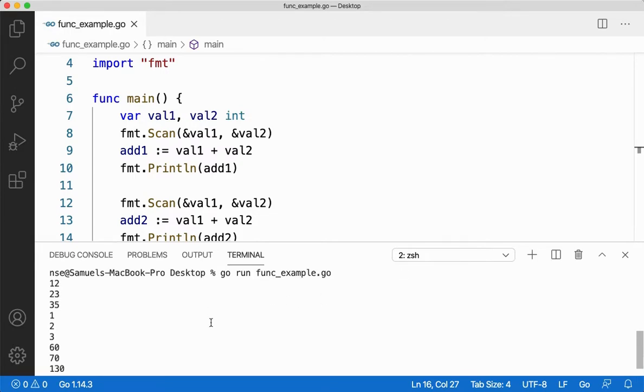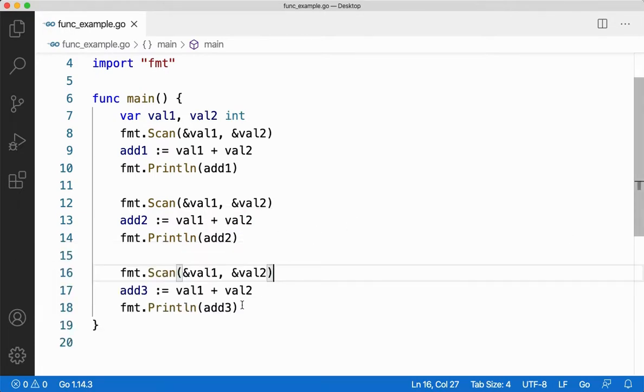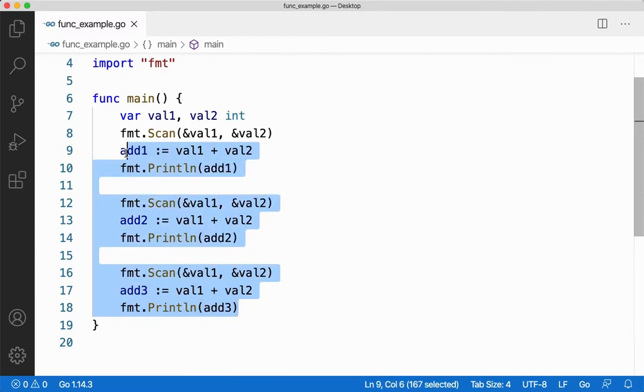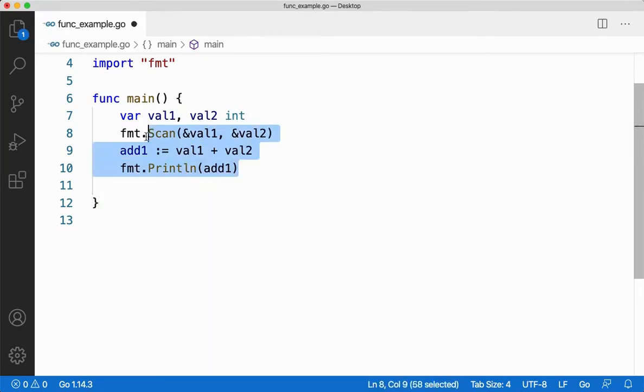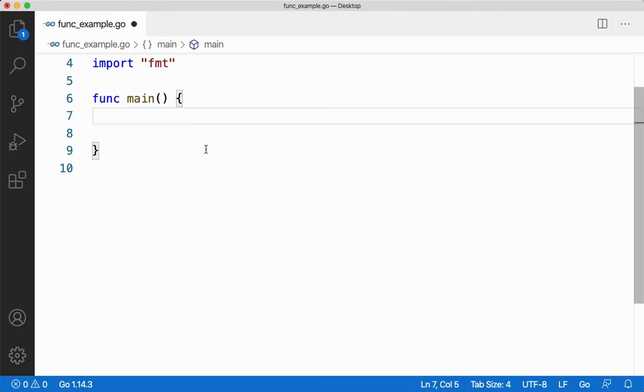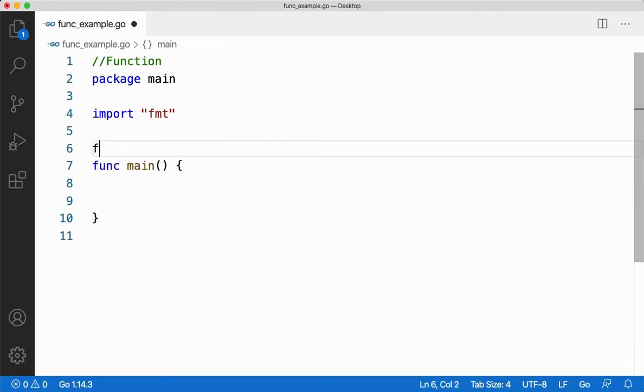So I got 3 sets of inputs and 3 sets of added values. But the problem here is that I'm repeating these lines of code again and again. Now what I can do is that instead of repeating these lines of code again and again, I can take this out, right? I can take these lines of code and put them inside a block and give a name for it. Let the block name be sum of 2 numbers